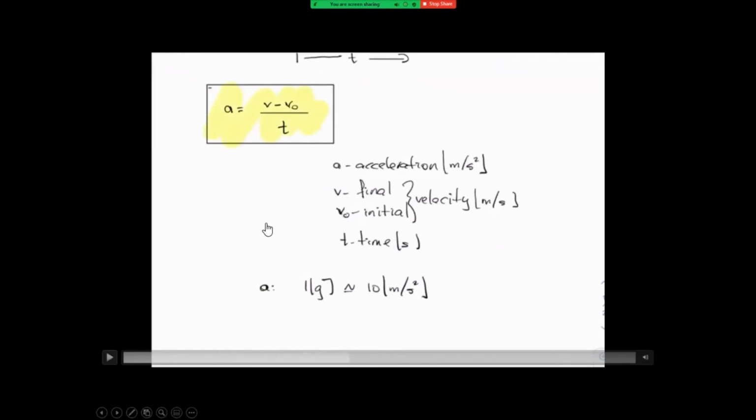Okay, so the same ideas will be expressed in terms of using differential calculus, but get used to the basic ideas first. The stuff that you need to know here is what's changing. Is it the average speed or is it the instantaneous speed? What's changing? Is it the average velocity or the instantaneous velocity? And this time, what does that time represent?